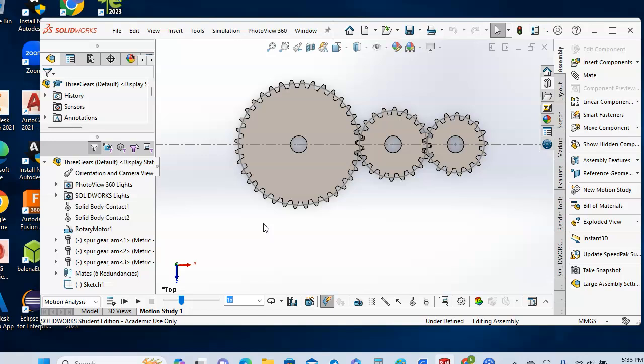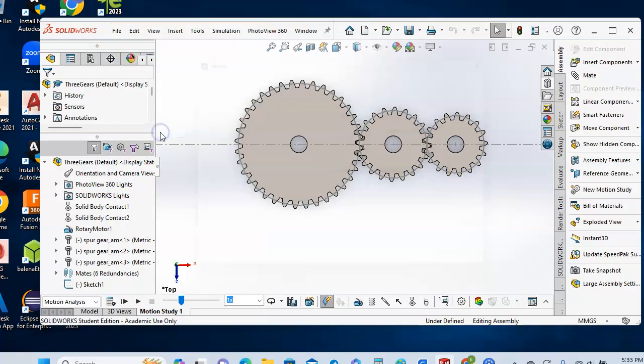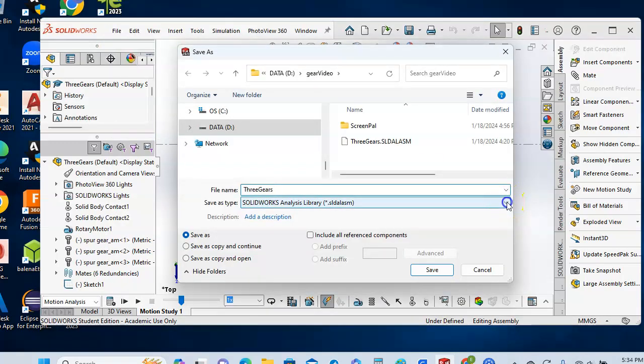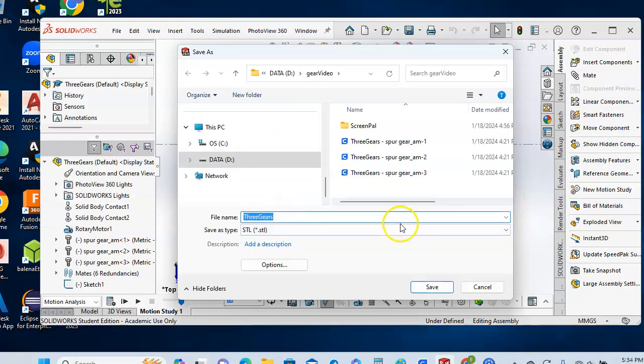And so what we want to do with Cura is, first thing, we will select File and then say Save As, and we will choose an STL format. STL is Standard Tessellation Language. You might say it's Standard Triangle Language, but it really means tessellation. And if we say Save,